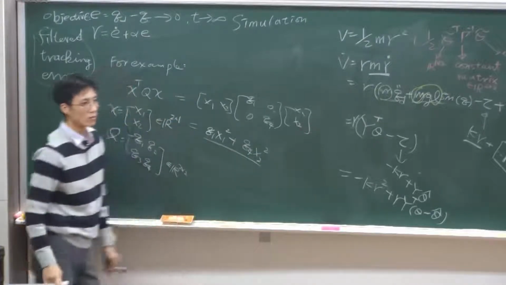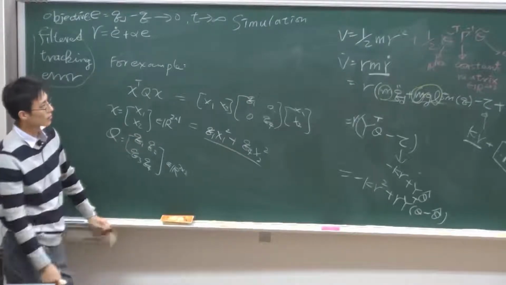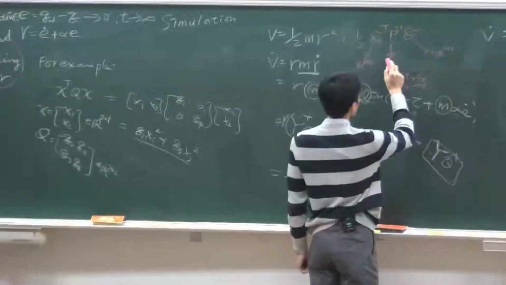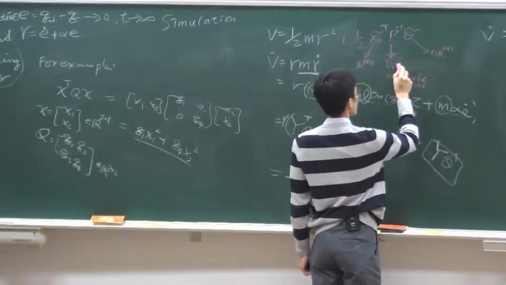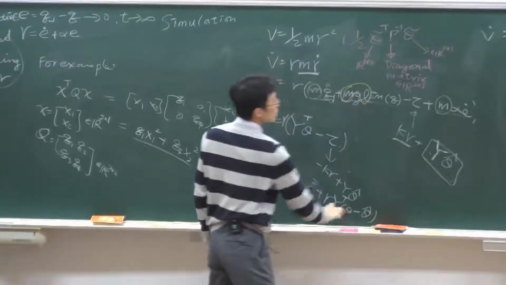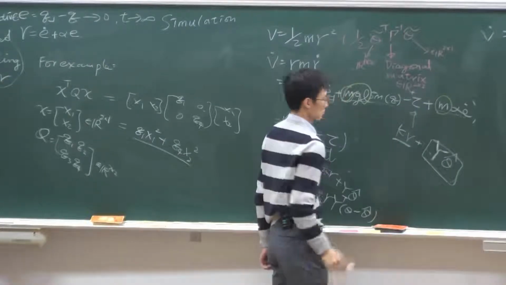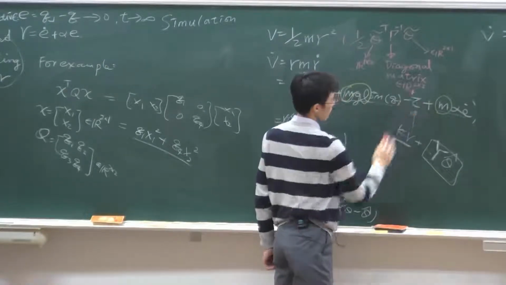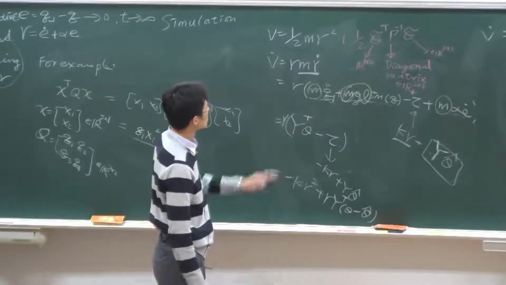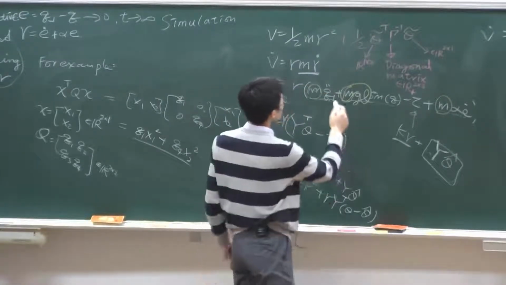So it's a quadratic form. Okay? So it's positive definite for this. So this is a diagonal matrix, a positive diagonal matrix. So you add this term, and you take the time derivative. Okay. That gives you